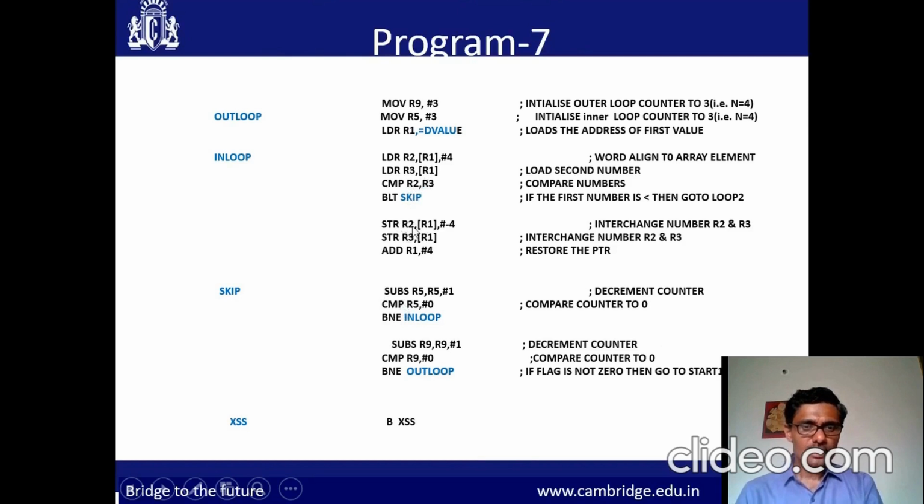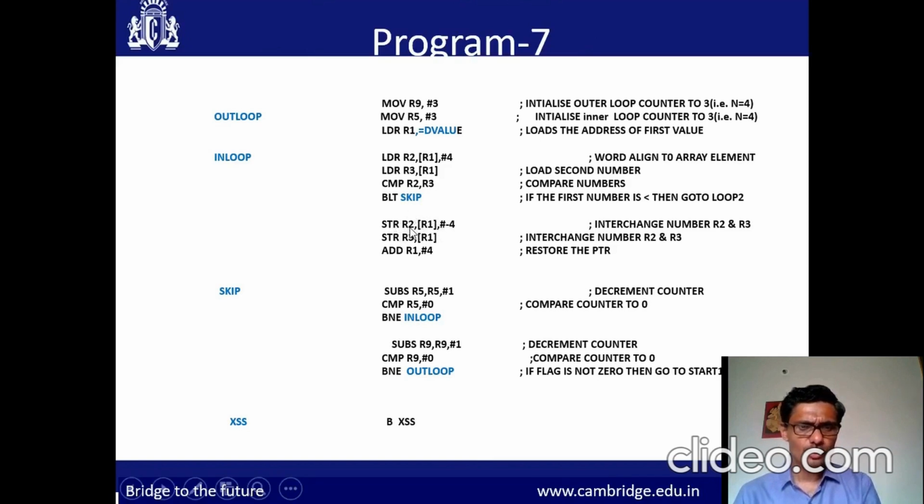Now let us see how the swapping happens here. See here, what you have to do, you have to swap. R2 should be copied to R3, then R3 should be copied to R2. So what I am doing here, R1 is already pointing to the second data. Here you see, R1 is here, it is pointing to the second data. Sorry, from R2 it is storing. From R2 it is copied to this memory location, the content of R2.